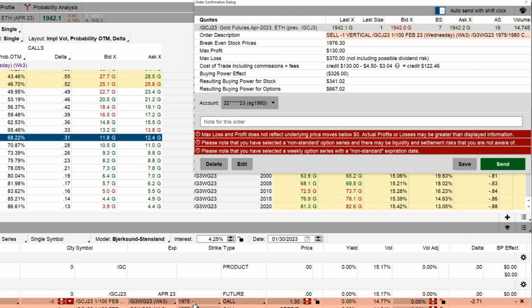I will show them if the thing doesn't move, how much I make, how much I lose. If the thing goes up by $30, how much do I make or lose? If the thing goes up by $5,000, how much do I make, how much do I lose? I have done that because